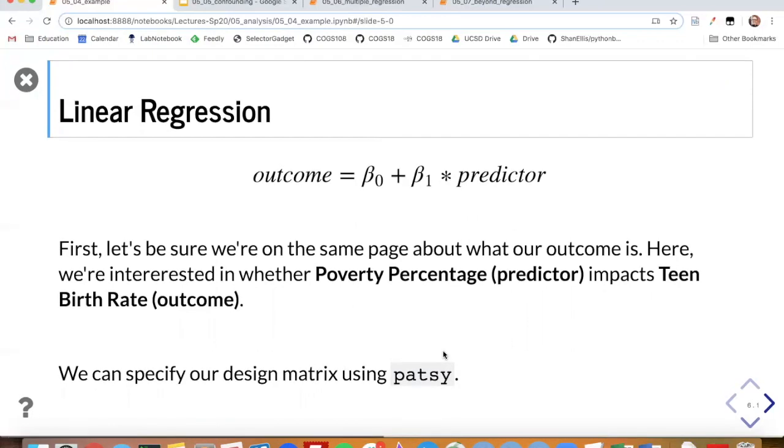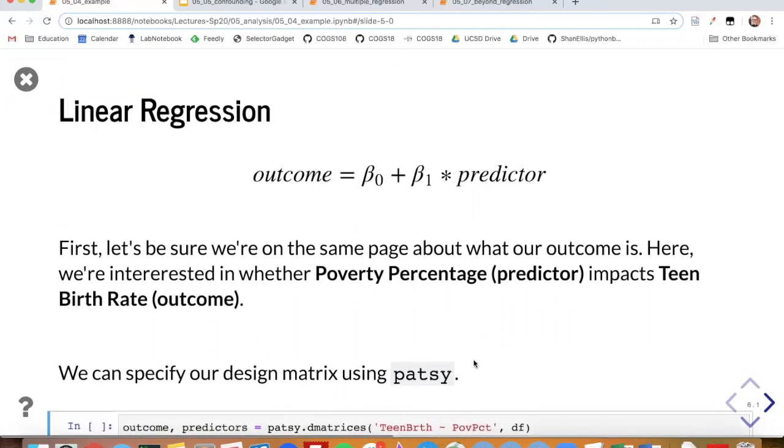One way to go about doing this in Python is by using Patsy. There are a number of different approaches to doing statistical analysis in Python. For your projects, if you're more familiar with something else, you're welcome to use it. For your assignments, you are asked to use the packages that have been imported for you. But what we see here